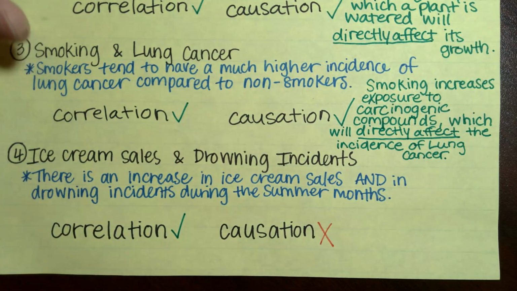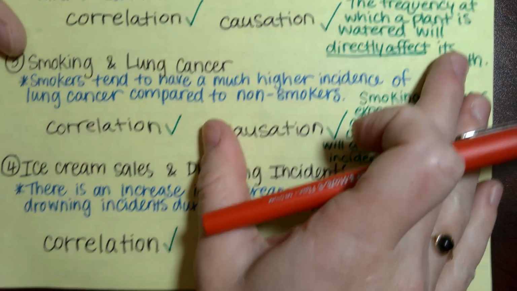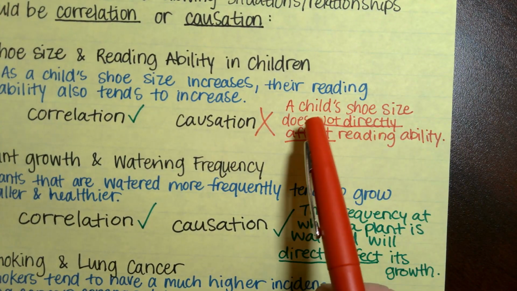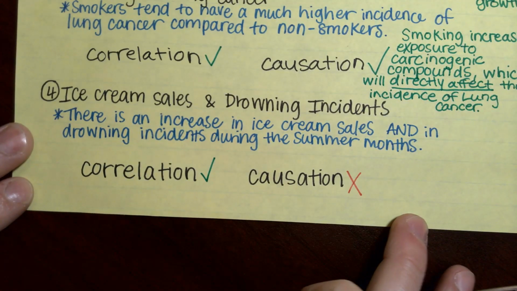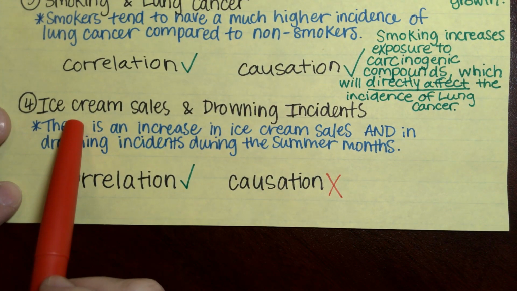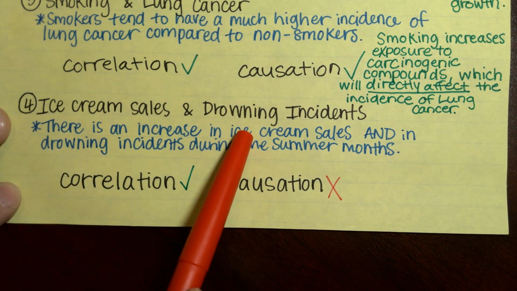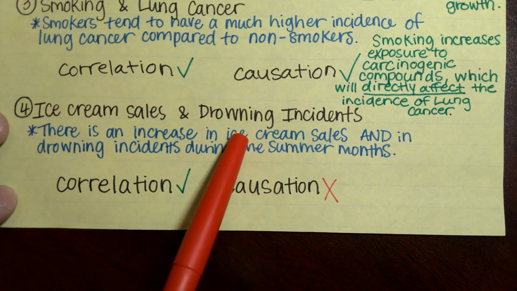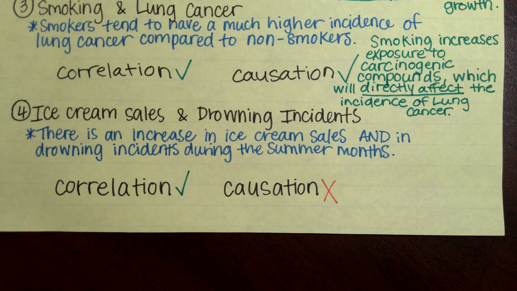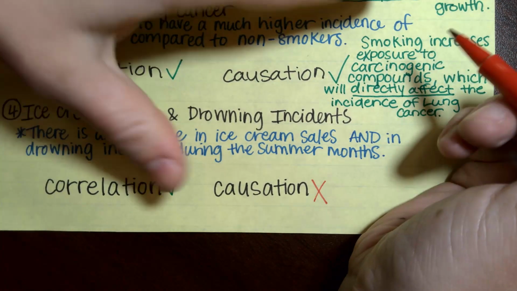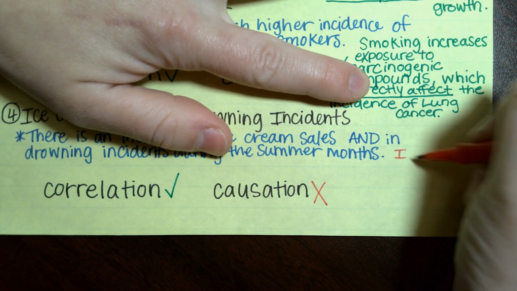Right. So there's that word that we want to always use to back up our reasoning. Just like in the first one, we said shoe size does not directly affect reading ability. We could say ice cream sales do not directly affect drowning incidents. A lot of this is reasoning and just thinking, if I sell less ice cream, does that mean I'm going to solve the drowning problem? No. It's more of a common sense. Yes. So for our explanation, I'm going to say ice cream sales